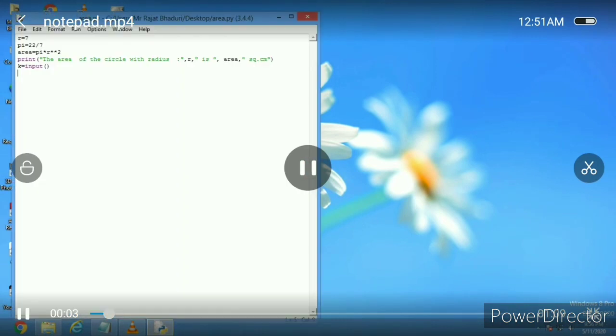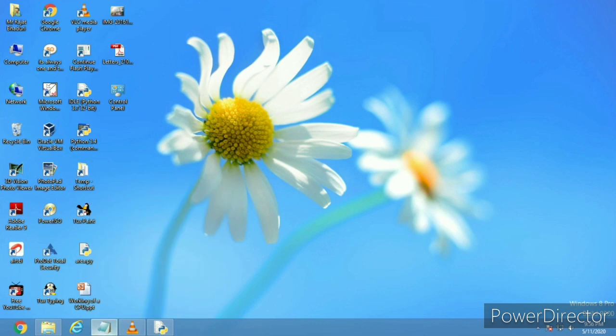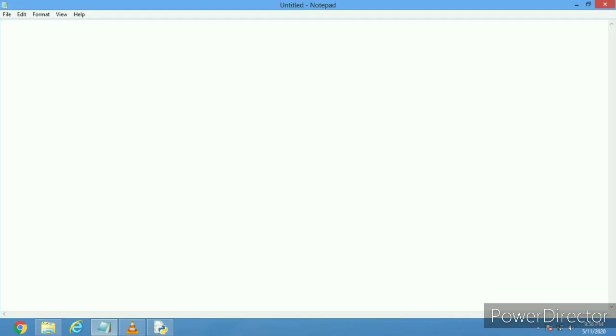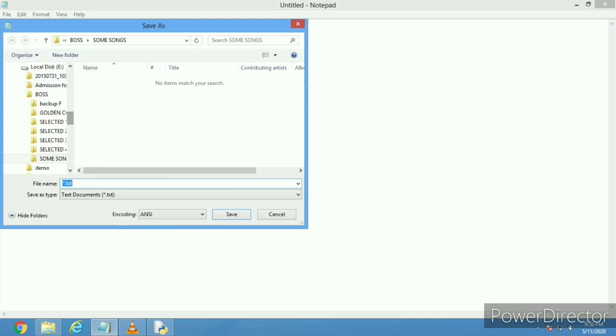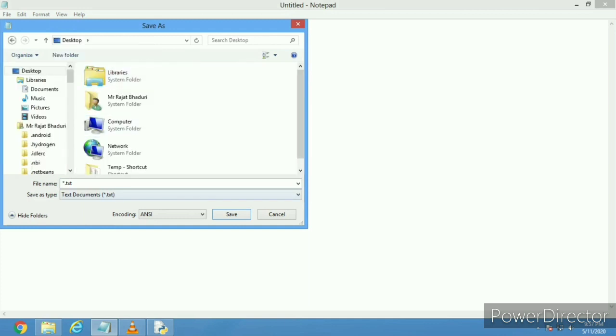Now I am activating notepad mode. Please check it. I'm copying the content of the program for the Python shell. Open the notepad, pasted it, saved with the file name area with notepad.py, because .py is a must, that extension is for a Python executable program.